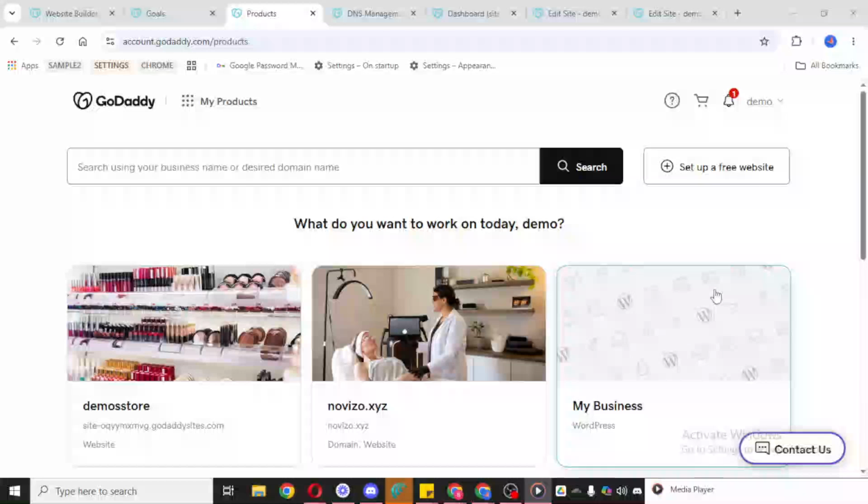In today's video, I'm going to teach you how to set up email forwarding in GoDaddy. If you want messages sent to a custom address on your domain to automatically arrive in another inbox, GoDaddy makes that process fairly straightforward. I'll walk you through it clearly so you can follow along without confusion.